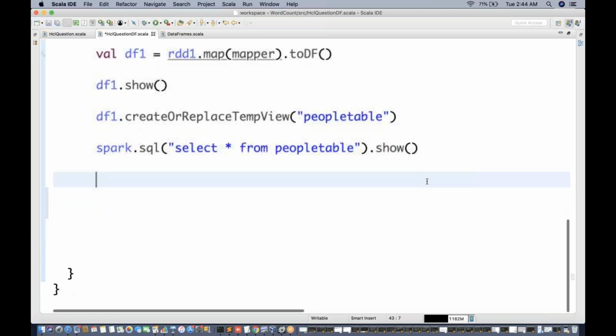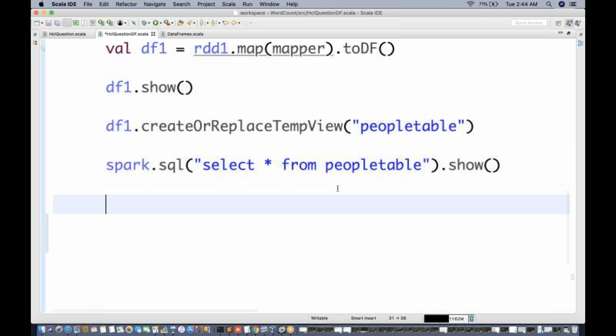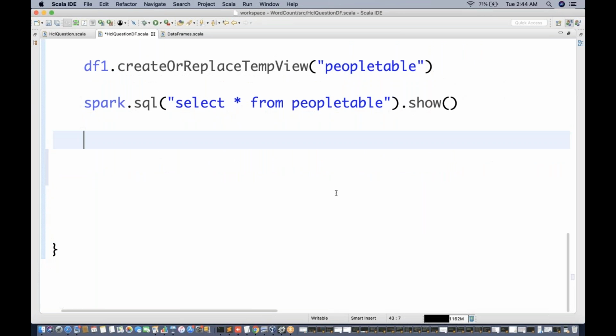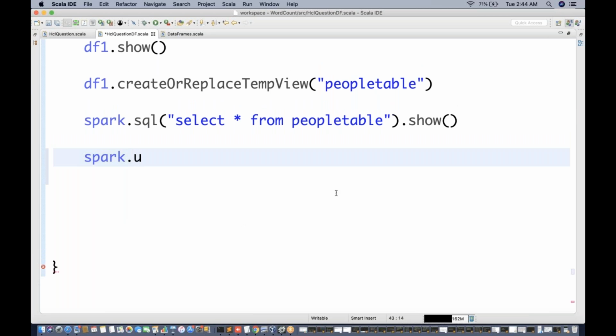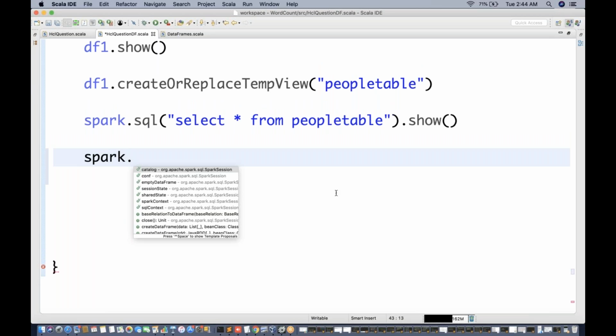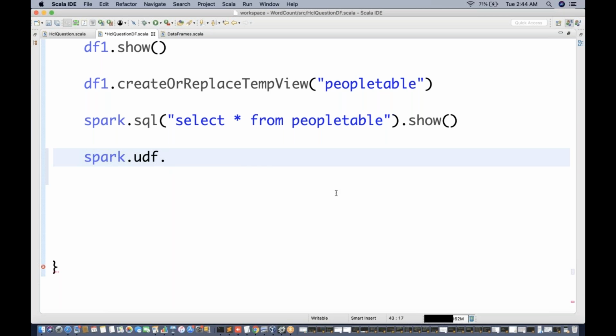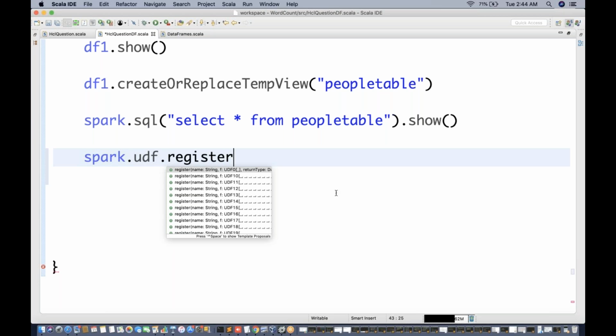Now on top of it, you basically need to write your own user defined function. It's quite intuitive; you will understand. Let me try writing that. spark.udf dot register.